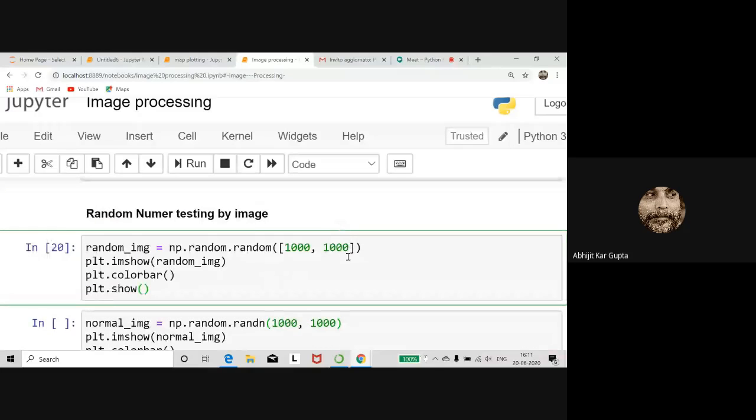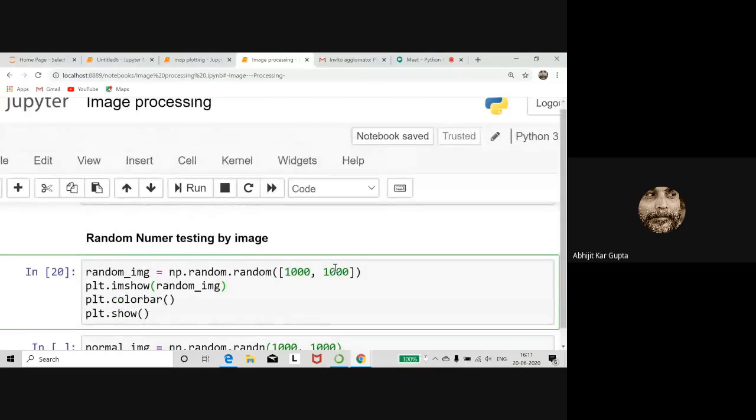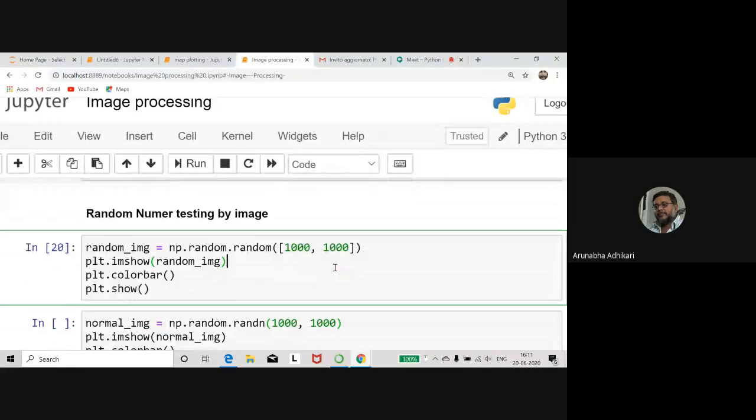Usually it is three-dimensional, but I am not mixing colors and not creating an image. Only 2D arrays. Earlier it was three 2D arrays that were mixed and created the image. Now I want one array only, one plane. I am not only testing the random numbers with this image processing method.